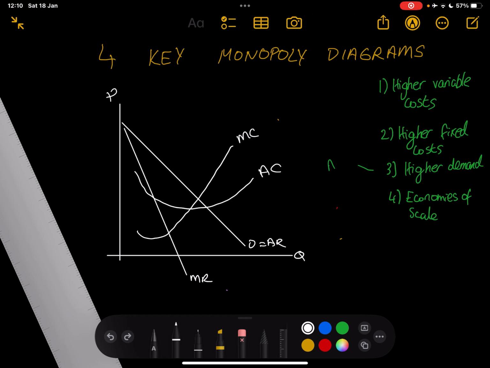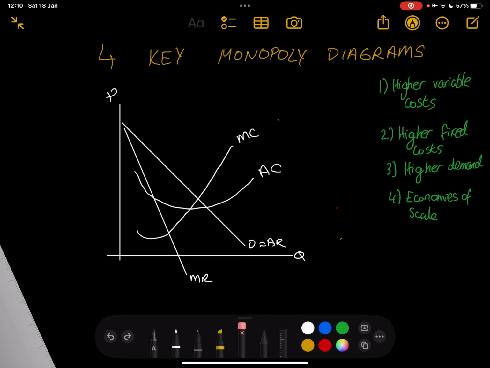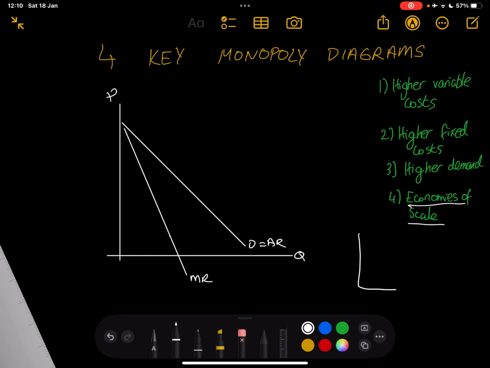Okay, the last one is possibly the riskiest one. I still find it useful. I still use it, but I use it with care because it's very difficult, one, to draw, but also it's very easy to confuse the reader and make it seem like something else. So one of the things with economies of scale is it's very important to make it clear that you are doing economies of scale. So remember that the long run AC curve is made up of a lot of short run ACs